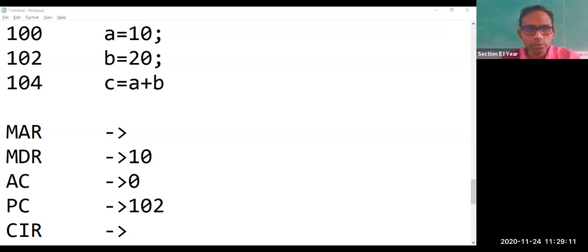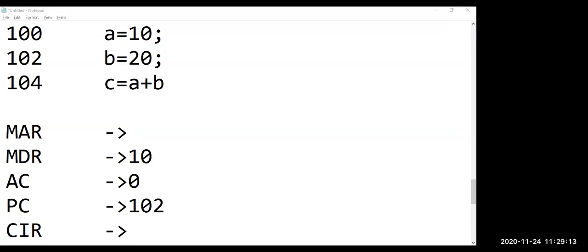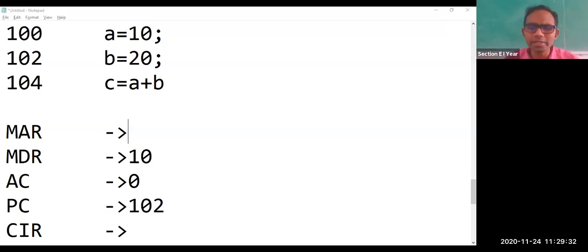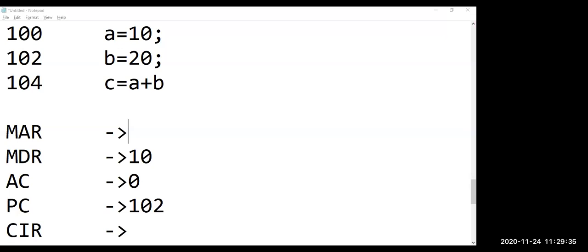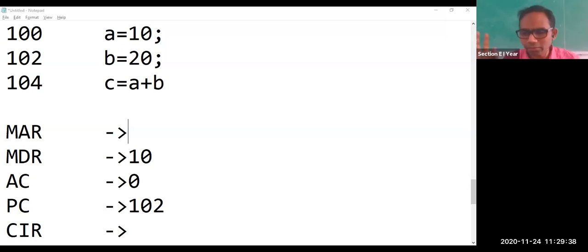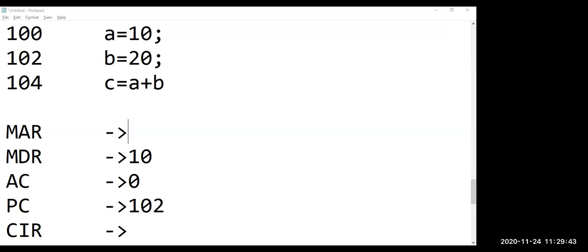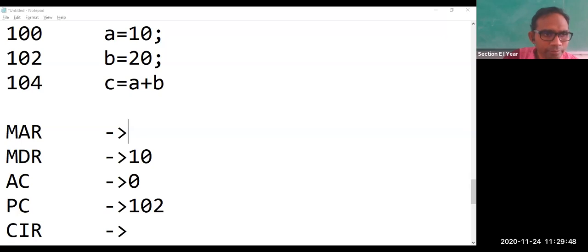Let us get back to the slide. Sir, I had a small question. Yeah, go on. Sir, on the notepad, you took 100, 102 and 104 as the memory allocated addresses, no, sir? Can we take 100, 101 and 102? Yeah, just for example, I have given these; internally, we don't know what address is given by the computer. Just for understanding, I have given 100, 102, 104. You can take 100, 101, 102, no issue. Okay, the rest of you please mute your mics.